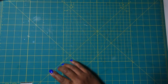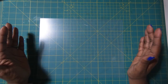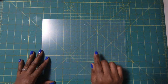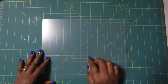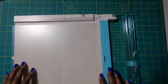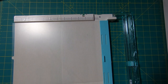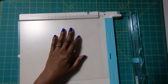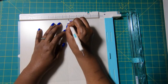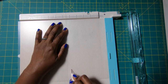So let's get started. The first thing that I'll be working with is the Dollar Tree chopping mat again that you guys saw me use in that previous video to make those books. And I have reduced the size of this to 12 1/4 by 9 1/2. So I am going to bring in my scoreboard because I need to make a couple of scores. And we're going to make those scores on the 12 1/4 inch side. And we are going to make a score at 5 1/4, all the way down,